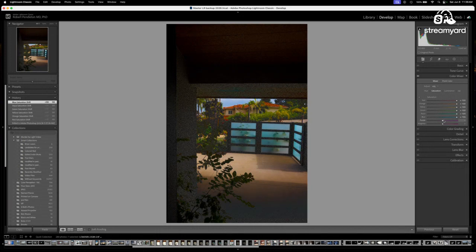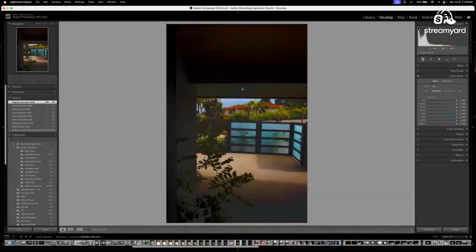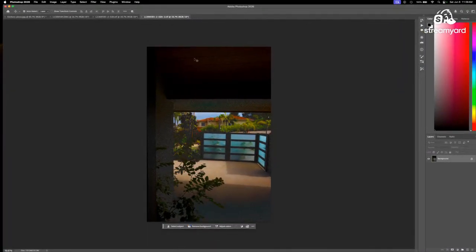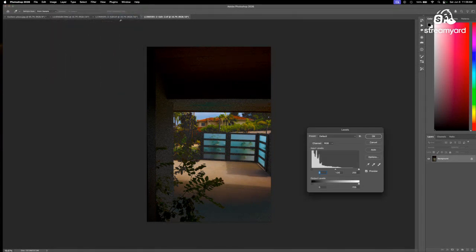At this point, you might want to create some more sophisticated masks. But you can see now that intensified the colors. And if we take this back into, I'm not going to create any more sophisticated masks at the moment, but this is just to show you my process and how I think through these things sometimes. So I might take another look at levels here.